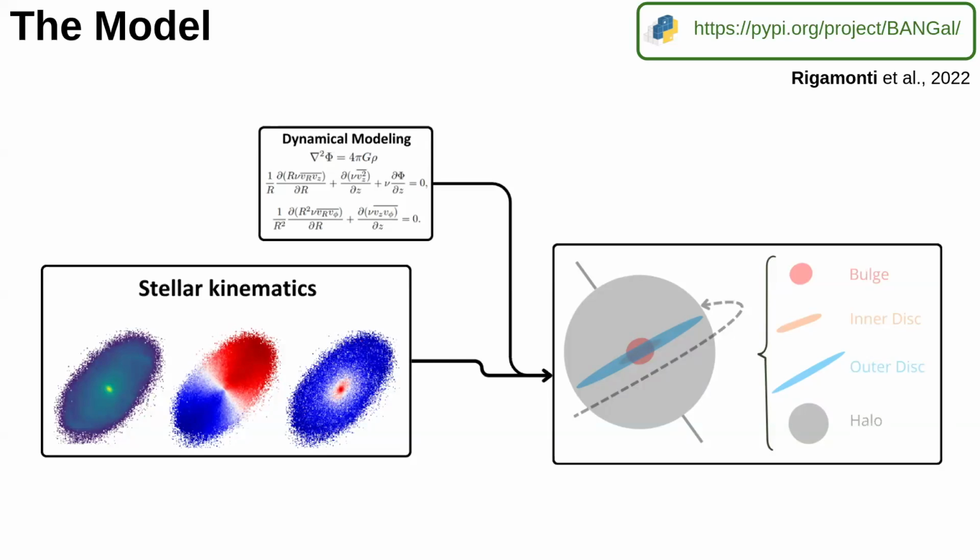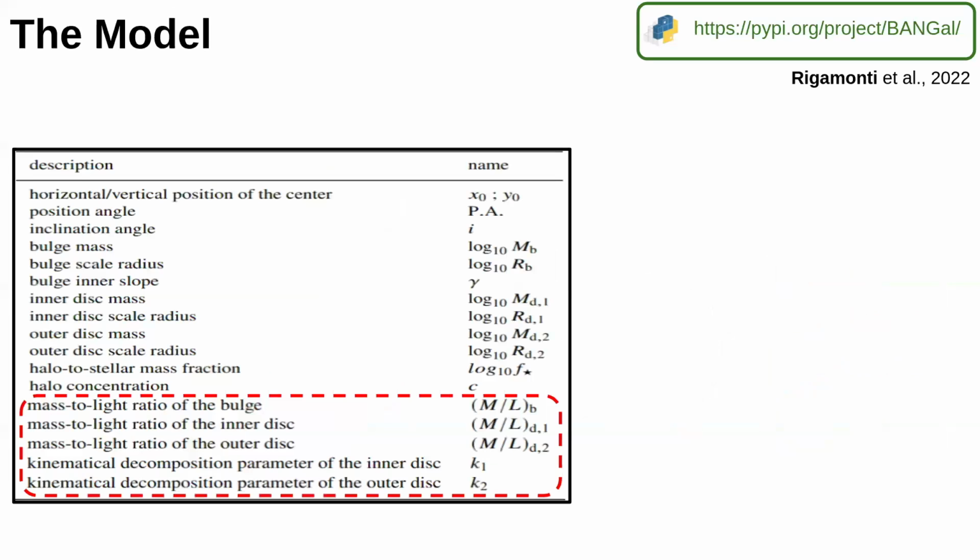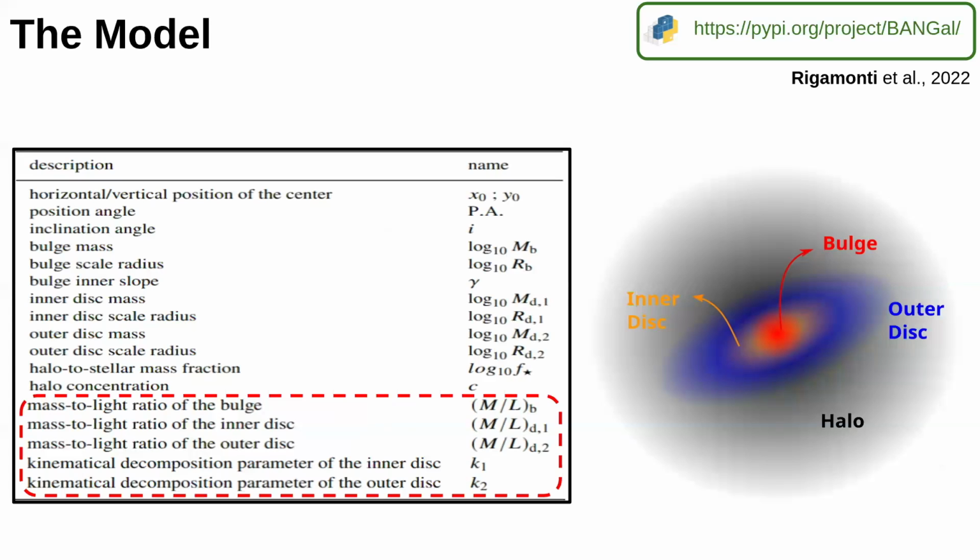Okay. And to do that while preserving the information about the components, we assumed an analytical potential-density pair for each of the components and combined them to produce the kinematics of the galaxy. In particular, we typically assume the presence of a spherical bulge, two disk-like components, and a dark matter halo for all the galaxies in our sample. Now, let me stress these are parametric profiles. They typically depend on masses and scale radii, but let me stress a few parameters that are particularly relevant.